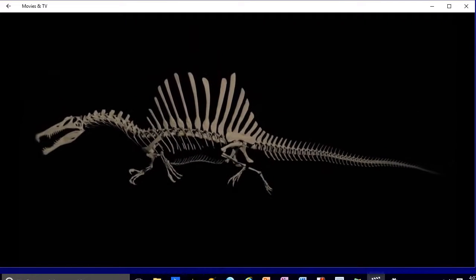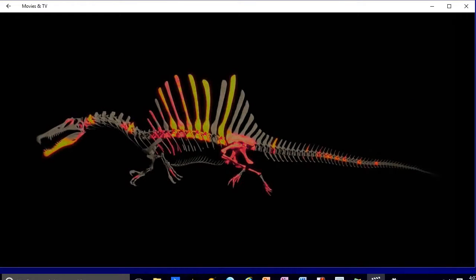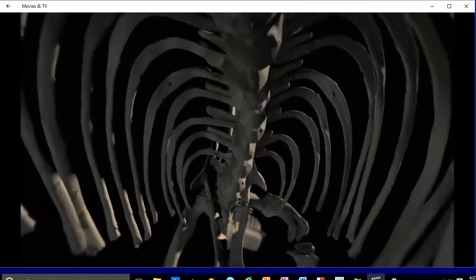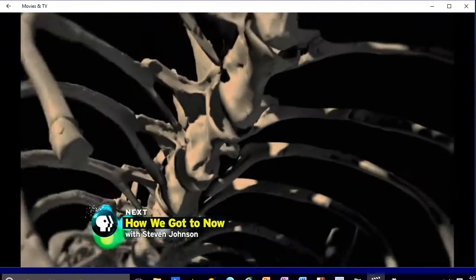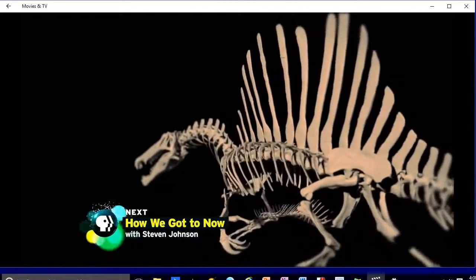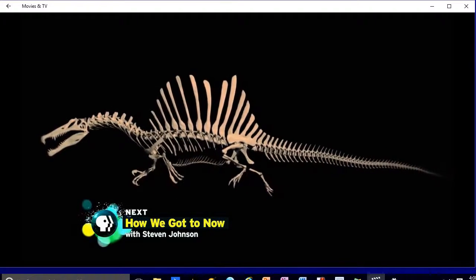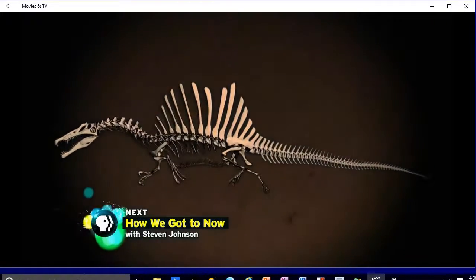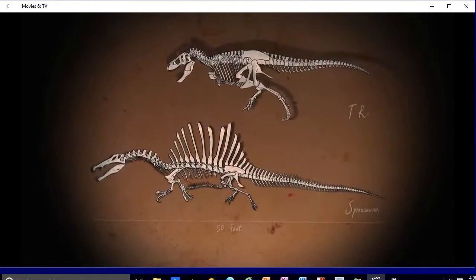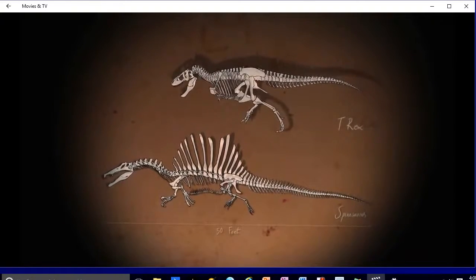Taken together, the new specimen, Stromer's, Suchomimus, and other isolated bones, the digital skeleton reveals an animal every bit as extraordinary as Stromer imagined. 50 feet from snout to tail, the model confirms that Spinosaurus is the biggest predator ever to walk the planet. At least 9 feet longer than the largest known T-Rex. Size does matter, biologically speaking, because you wonder what are the ecological circumstances that support such a large